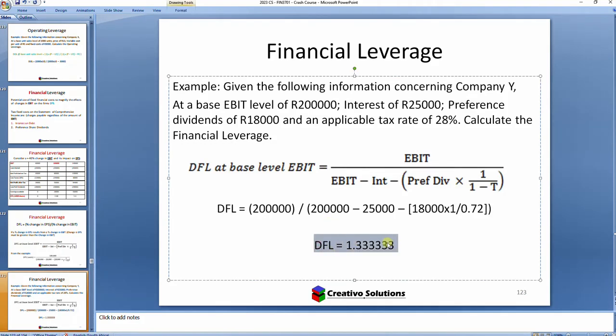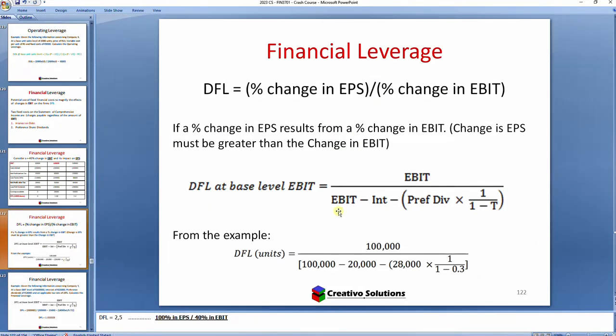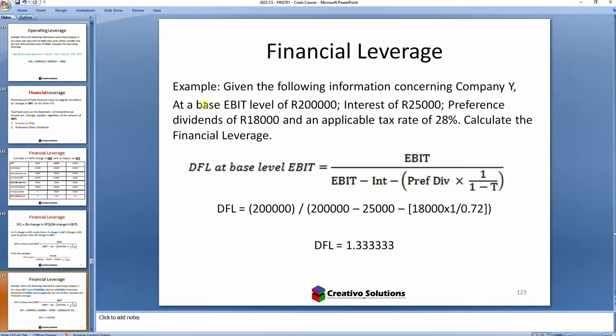This leverage is less. Financial leverage here is 1.3 compared to the 2.5. So looking at these two companies, obviously the first company, with much higher leverage, debt in this company would do more than debt in this company in terms of their earnings and their ultimate return on investment. So leverage is just a measure of performance, or what you can expect, your expectation of what debt can do for the business if more debt is introduced,